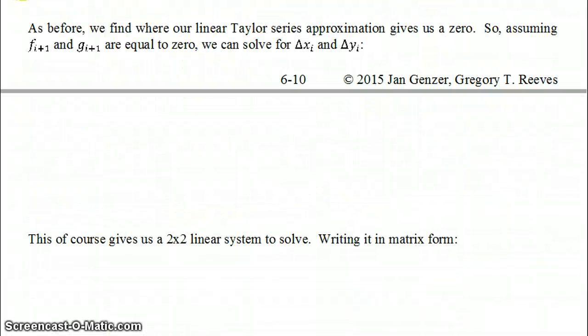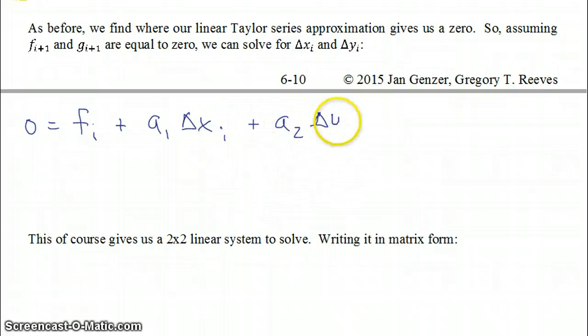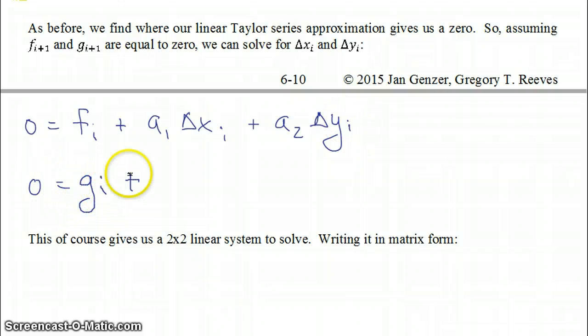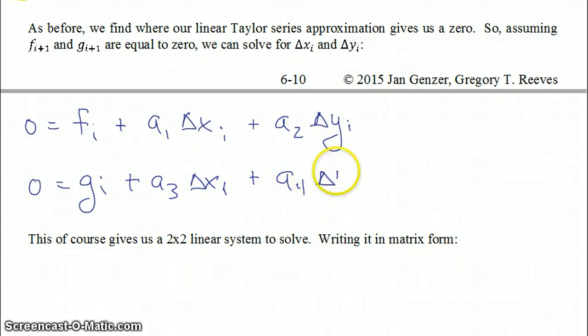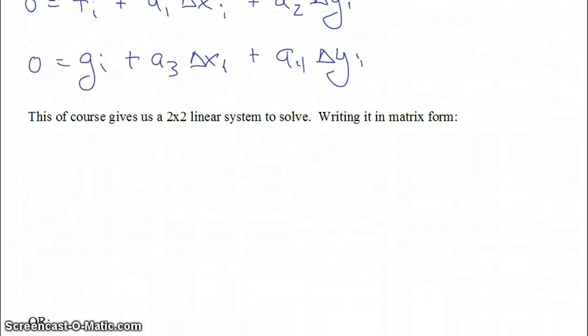So the way this equation now shapes up to look like is 0 is equal to f evaluated at xi, yi plus a1 delta xi plus a2 delta yi, and also the other equation 0 equals gi plus a3 delta xi plus a4 delta yi. Of course, this gives us just a 2 by 2 linear system to solve, and we can go ahead and solve this system